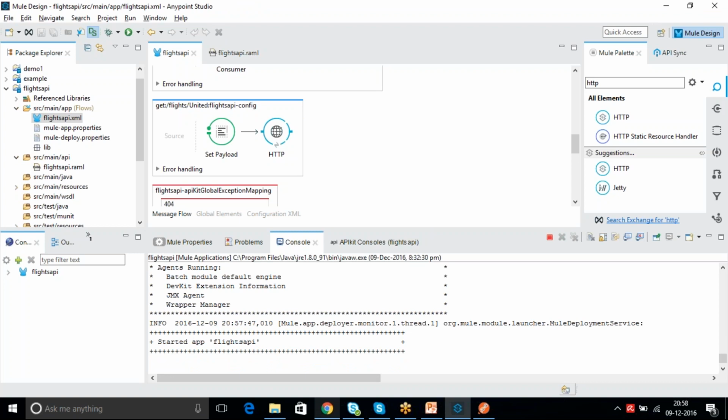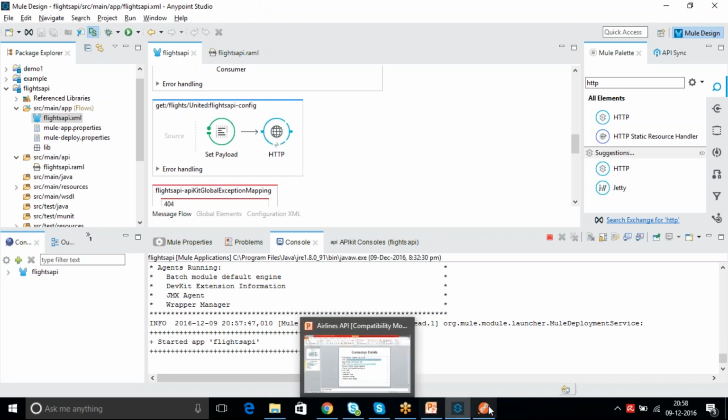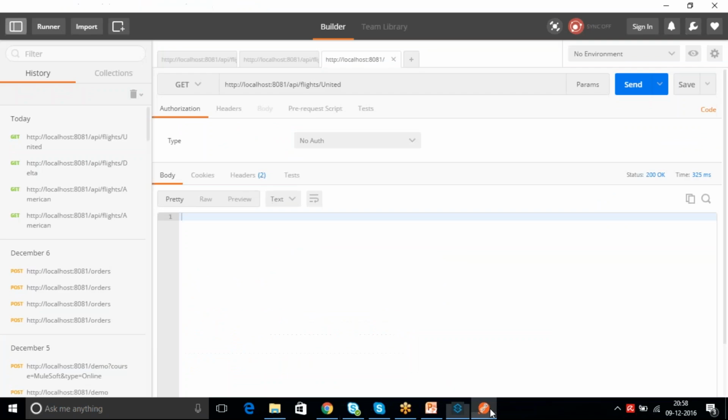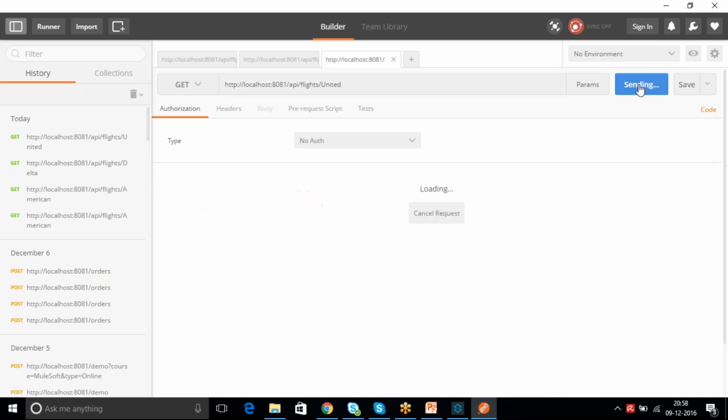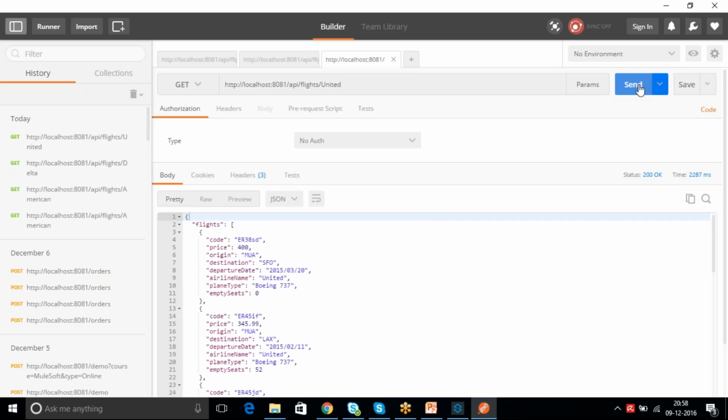So once the application got started, I can go to Postman, and then I can perform the same action again. So I want to test whether my United flow is working properly, I mean getting a response back or not. Cool. I am able to get the response back from the United flow. Right?